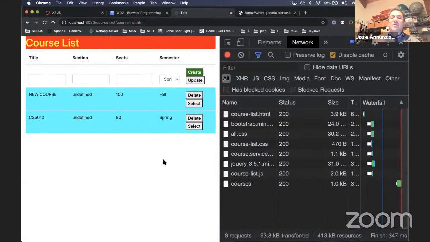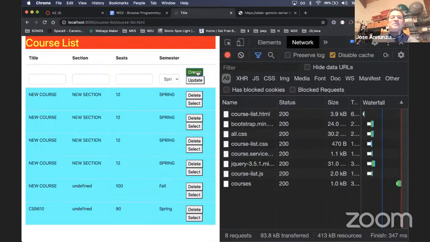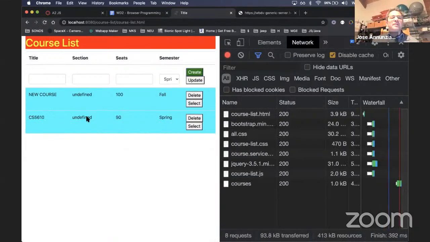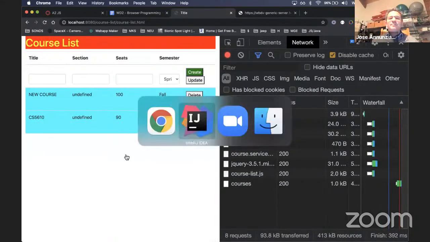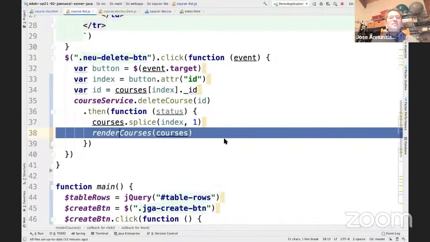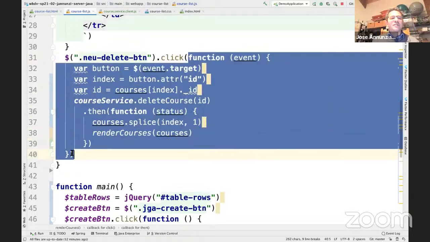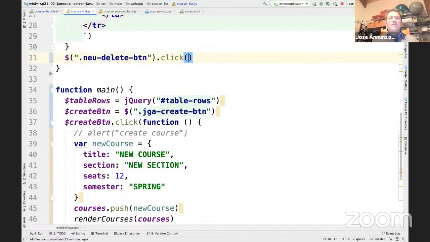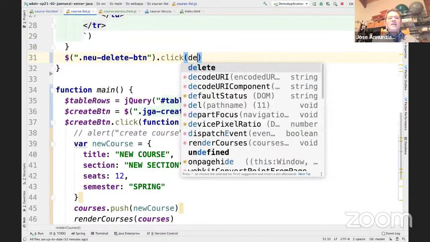All right, so there we go. So we can retrieve. We can delete. How about create? Let's do a create. All right, let's make that permanent. Let's do that now. Before we do that, let's clean this up a little bit. Instead of this being embedded in here, let's move this into an actual function. So let's remove this, and we're going to put it inside a deleteCourse